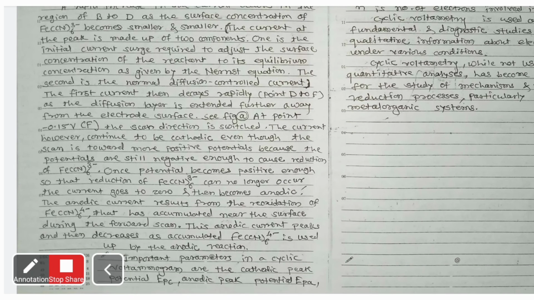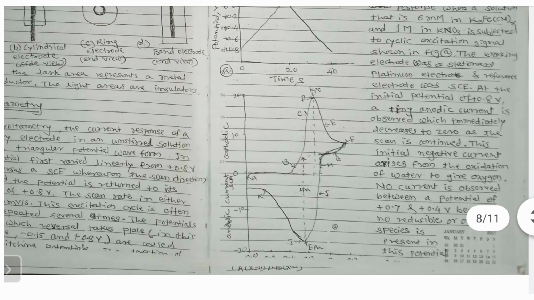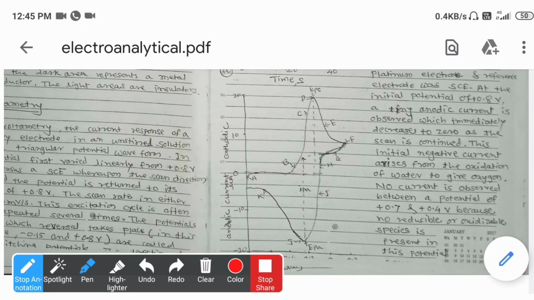which will then decay rapidly from point D to F, and the diffusion layer is extended further away because the concentration of Fe3+ near the electrode surface has decreased. So the diffusion layer is extended, so that we get the decrease in the current from point D to F. Okay, so here we can see that up to this point, the current is increasing, and once that point has been reached,